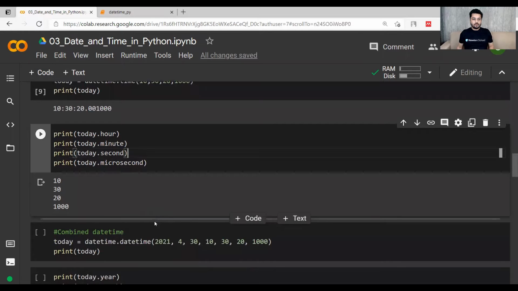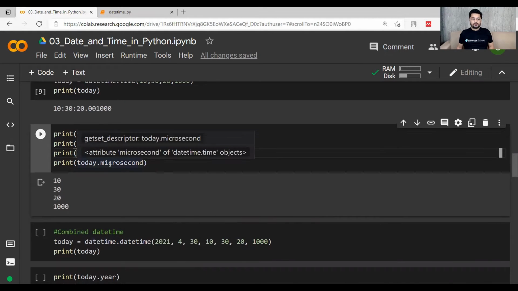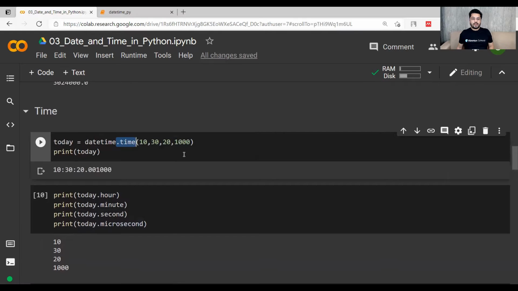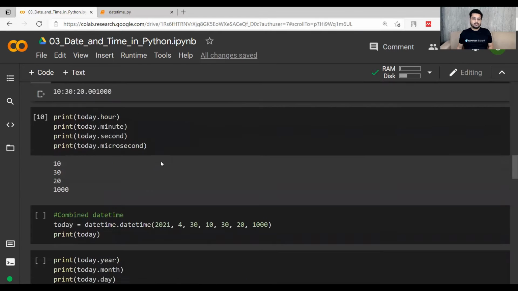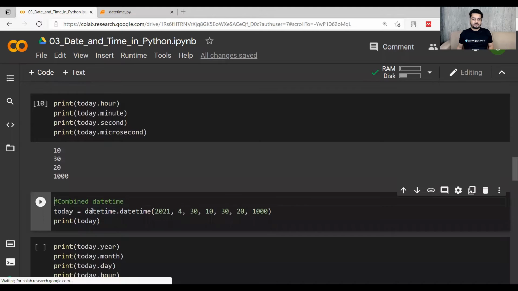Okay, let's move on. Now I want to combine this date and time. So till now I was implementing time and date as two different things. Now I have combined this as the datetime.datetime function. This datetime function will have a total of 7 components, in which the first 3 are year, month and day, and the last 4 are hour, minute, second and microsecond.